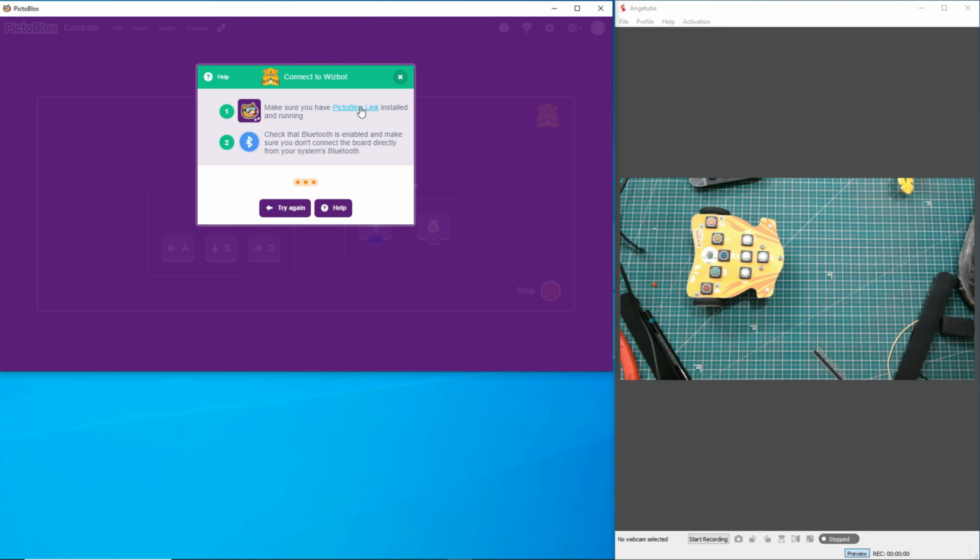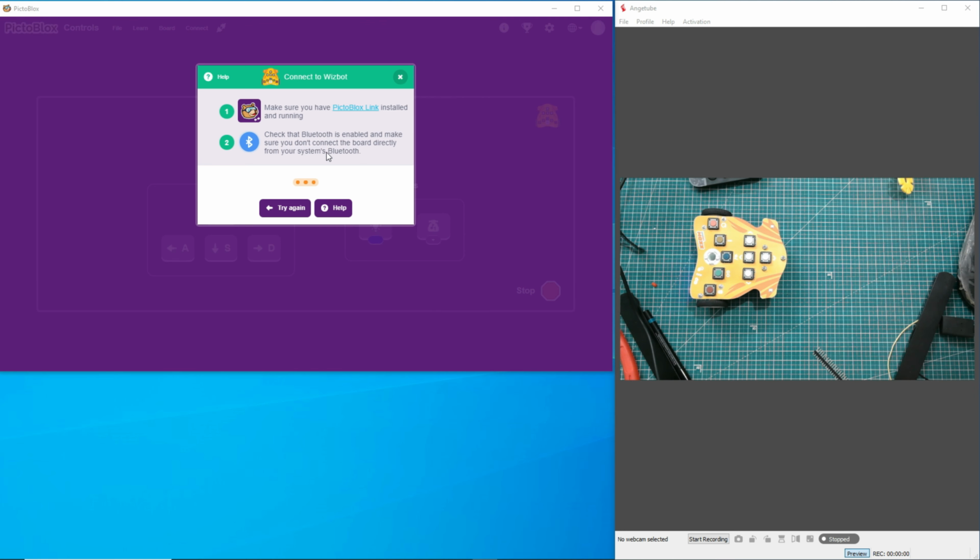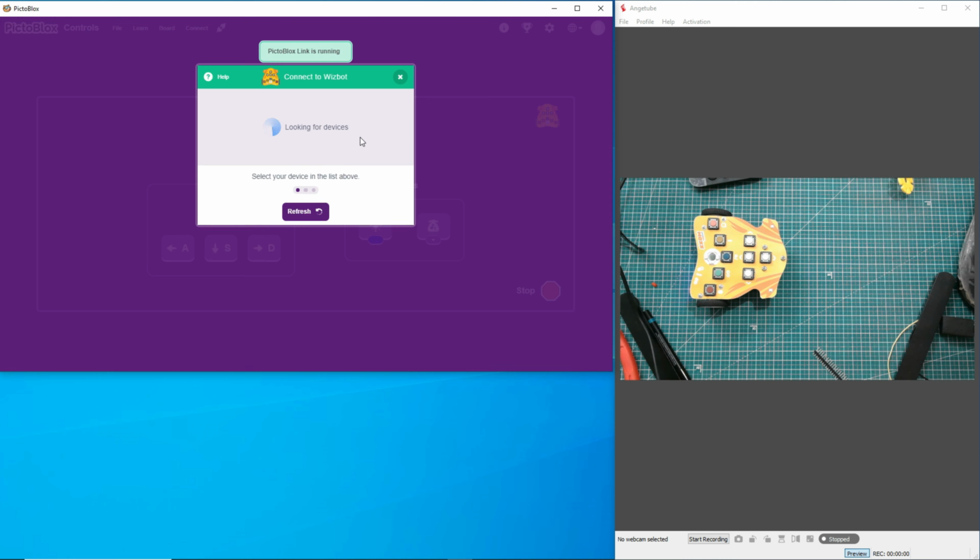Because I'm using desktop, I have to activate PictoBlox link, and then I think my Wizbot is switched off. So PictoBlox link was already on, just that my Wizbot was switched off. So it's back again. It was in a power saving mode. It was on for a long time and I was not using it, so it was off. So now try again, and we found it, connected. You got the sound,